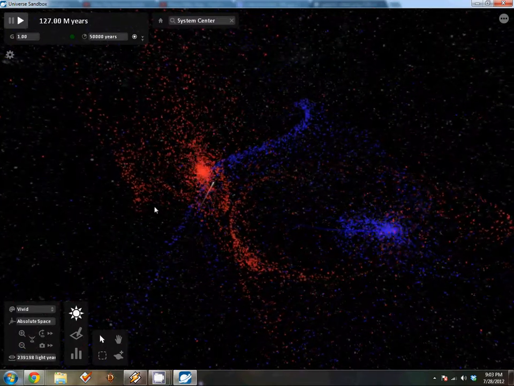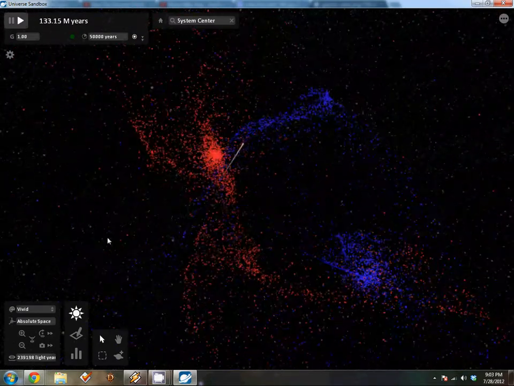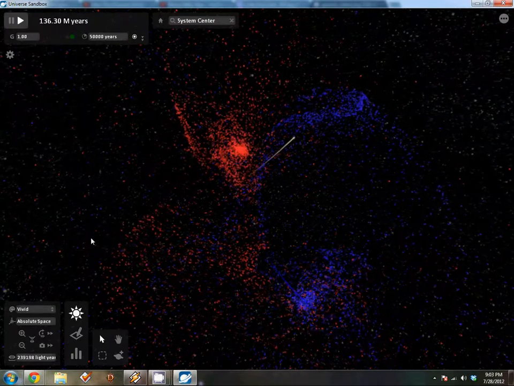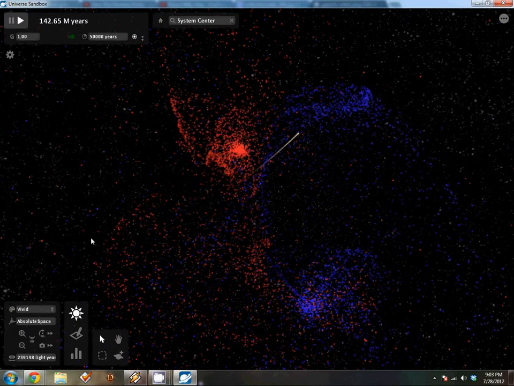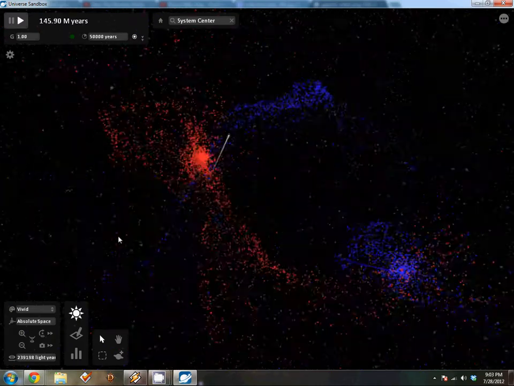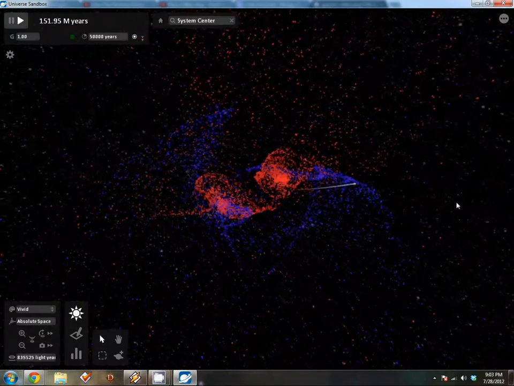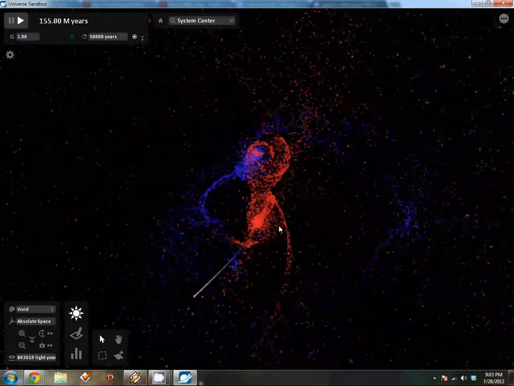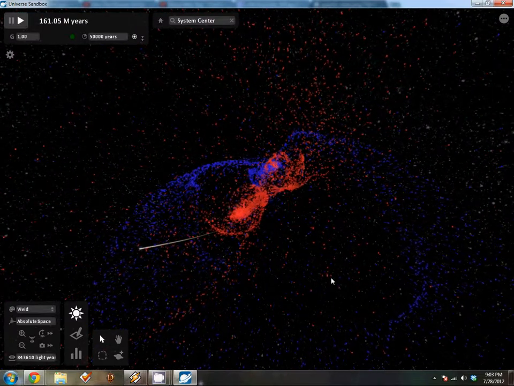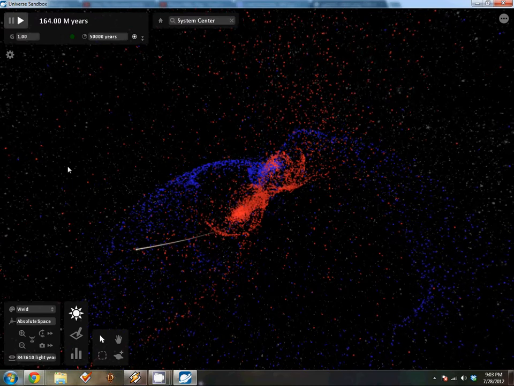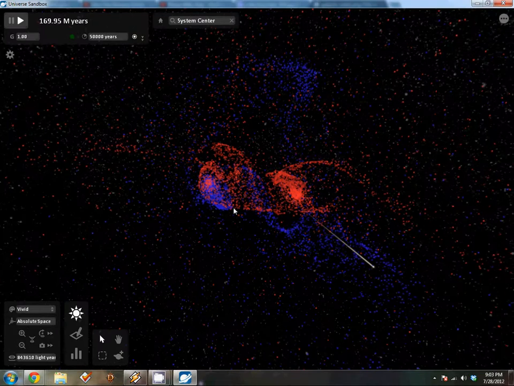So anyway, the effect is very beautiful. It's very haunting. It's going to happen millions and millions of years from now, and I have no idea what kind of crazy chaotic effects it would have on a galaxy to collide with another galaxy. I'm kind of glad I won't get to see it personally, but it is very interesting, and the end result is a very beautiful looking, I'm not sure exactly what to call it, but it's whatever image this creates. I find it very aesthetically pleasing, and I find it fascinating.